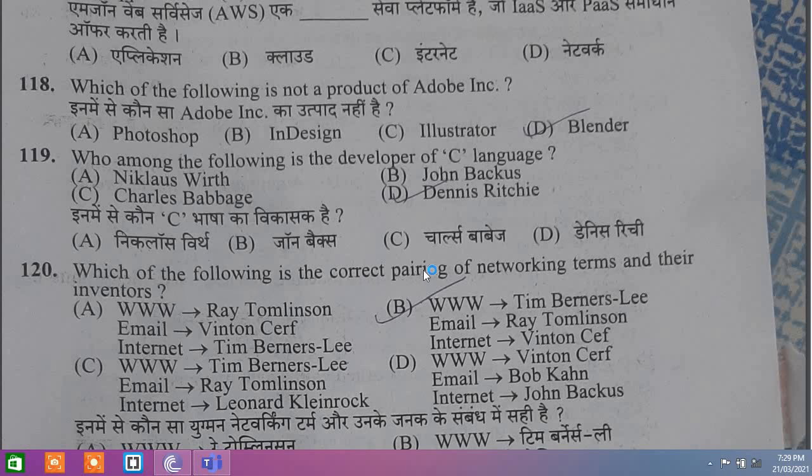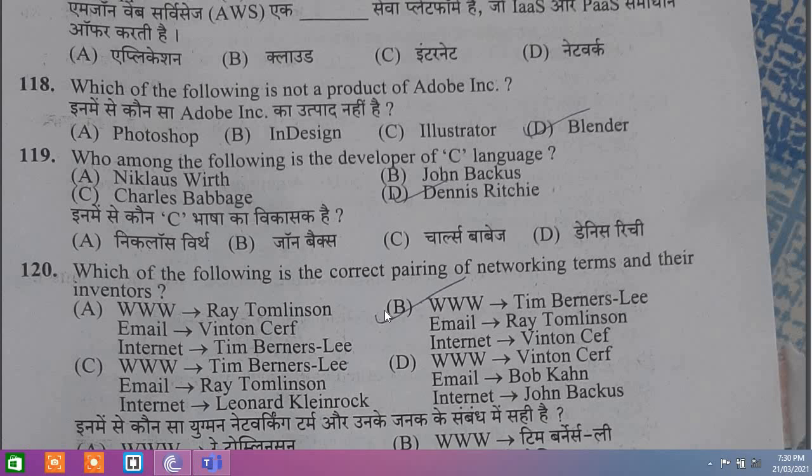120, which of the following is the correct pairing of networking terms and their inventors? So we have to give correct, like who has invented www, email and internet. So www was invented by Tim Berners-Lee, email was developed by Ray Tomlinson and internet was developed by Vinton Cerf.